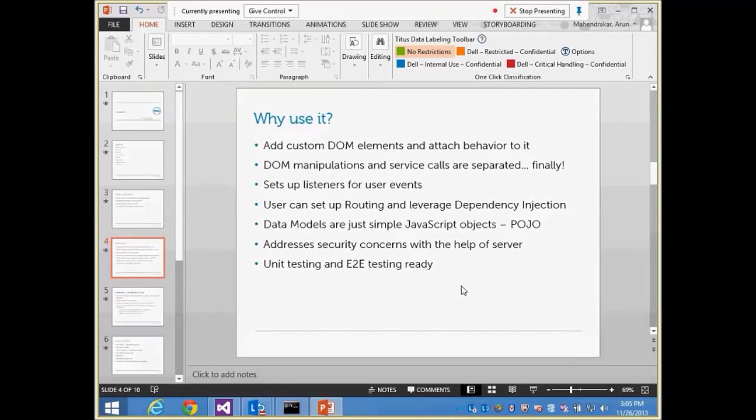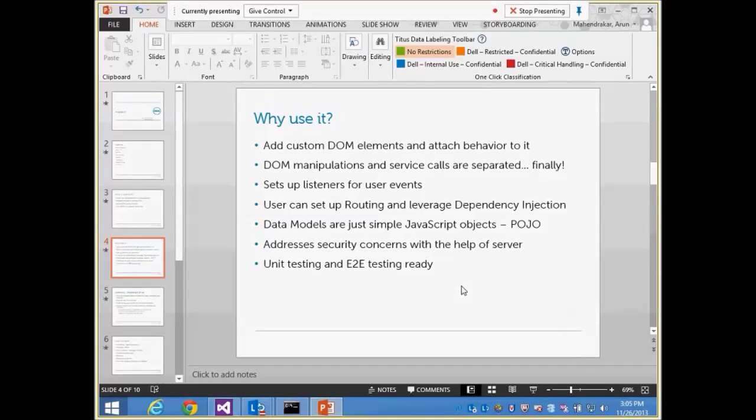So for example, you are working on an address book, so you want to show a bunch of contacts. The first page, the default view, will just show a name. When you hover over it, you get a pop-up, and then it shows more details. You click on it, it'll take you to edit mode. All those things can be done with jQuery as well, but Angular is more separate, because the next point is